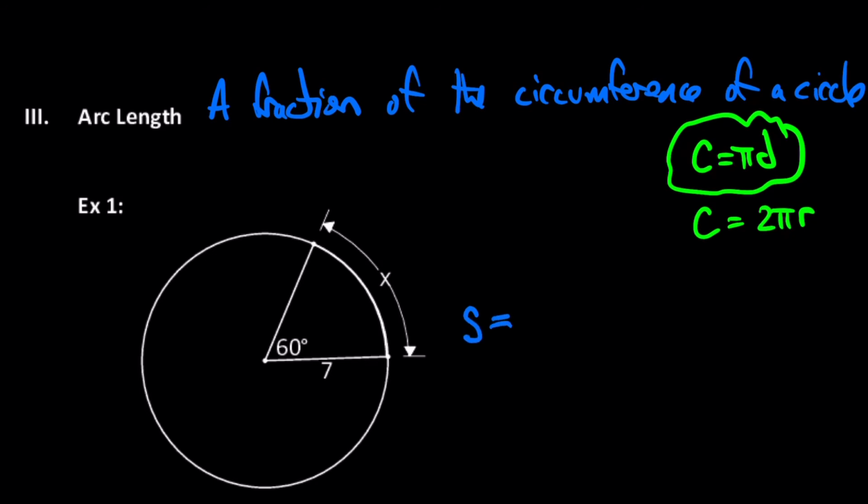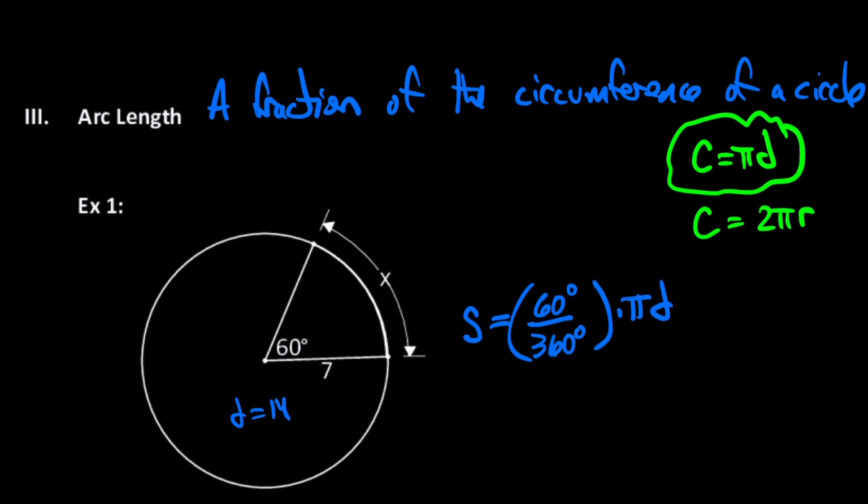Well, that fraction is going to be this divided by that. So since I'm in degrees, that fraction is going to be 60 degrees over 360 degrees. That's the fraction. What is my circumference? Pi d. All right, so pi d. What's the diameter here? Well, the diameter is going to be 14, so it's going to be this times pi